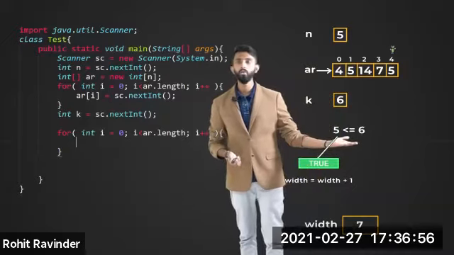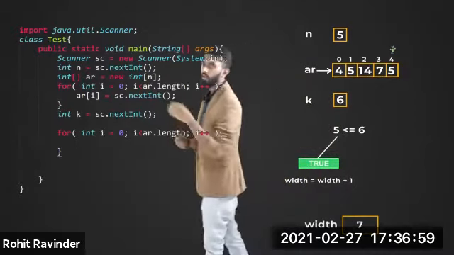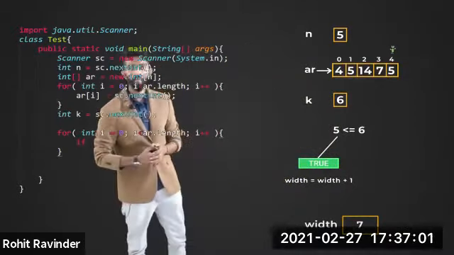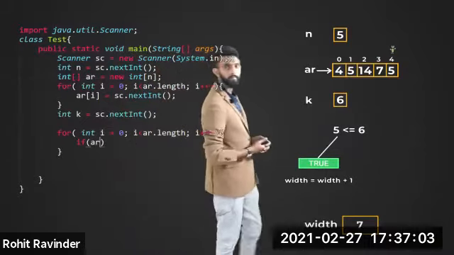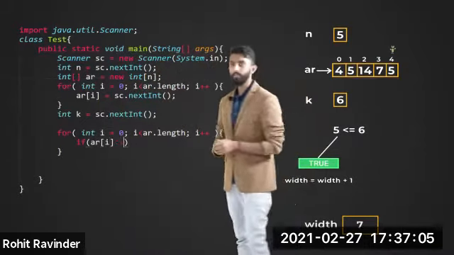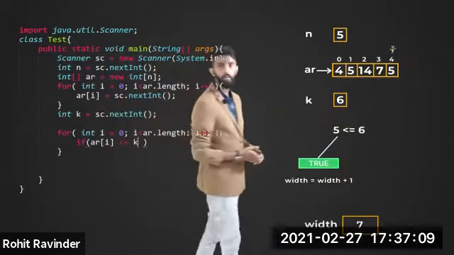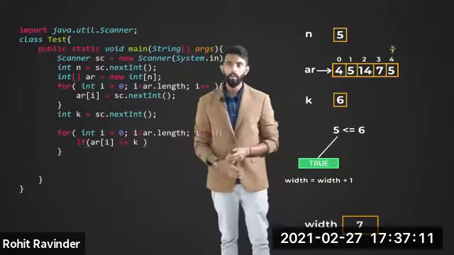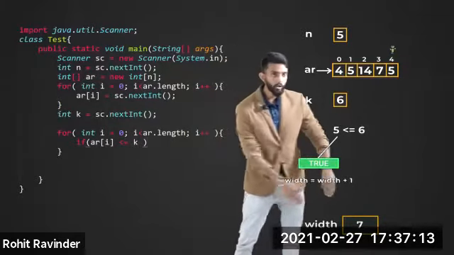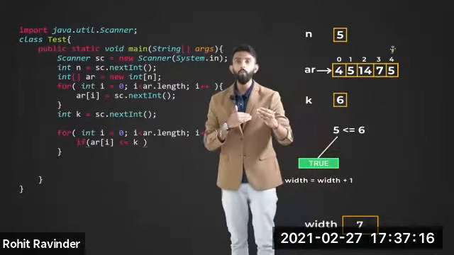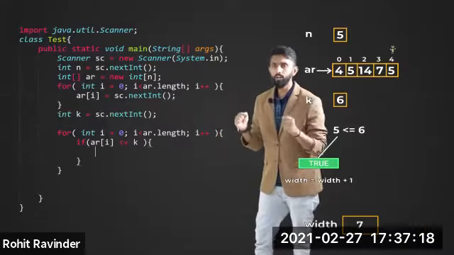Now let us do this condition check. It's very simple. I will write: if AR of i is less than or equal to the height of the wall, which is k, then he need not bend. Need not bend means to width, I must increase it by 1. But now the question is, where is width? Let us create width.